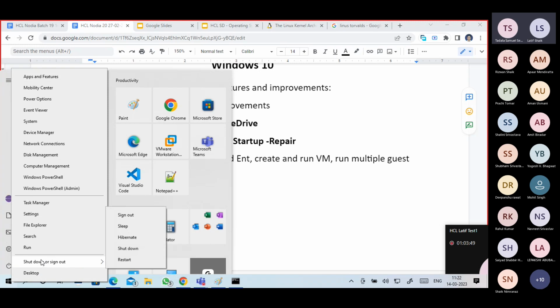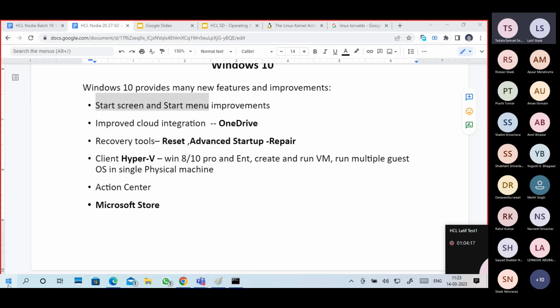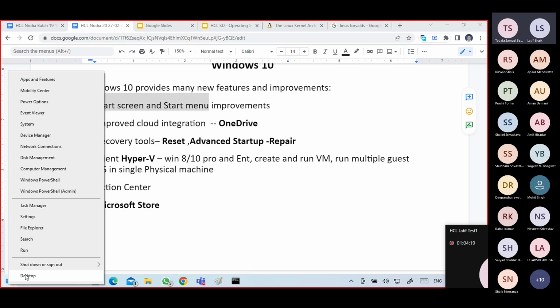So desktop, shutdown options, run, search, file explorer, settings, task manager, PowerShell, computer management, disk management, network connections, device management, system, event viewer, power options, mobility center, apps and features. So these are the certain features we get if you right click on this